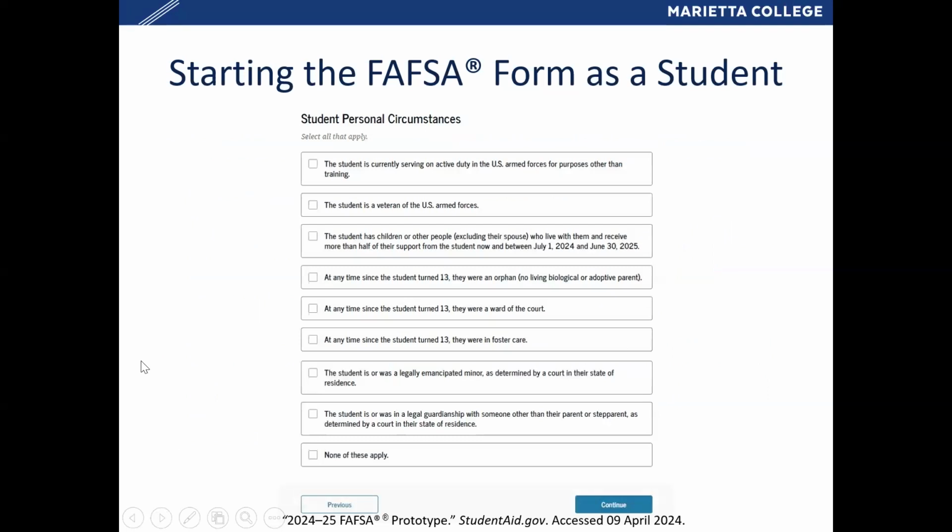Here are all the different circumstances that the student could potentially be an independent student if it applies to them. So that includes if the student is a veteran of the U.S. Armed Forces or is currently serving, if the student has dependents that rely on them, if the student is an orphan, ward of the court, or was in foster care, if they were an emancipated minor,